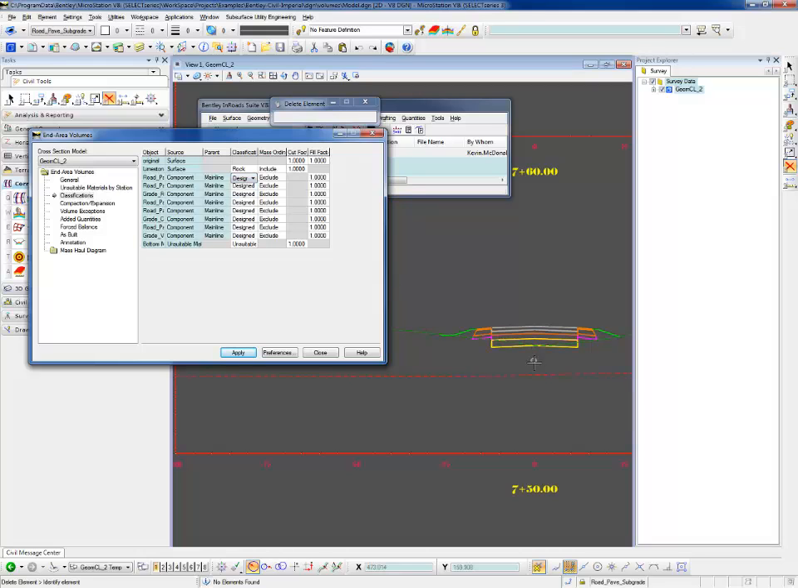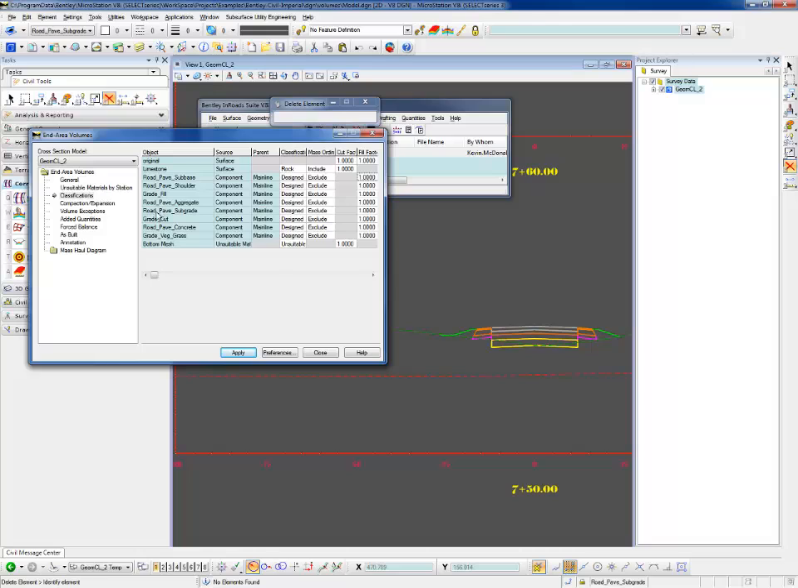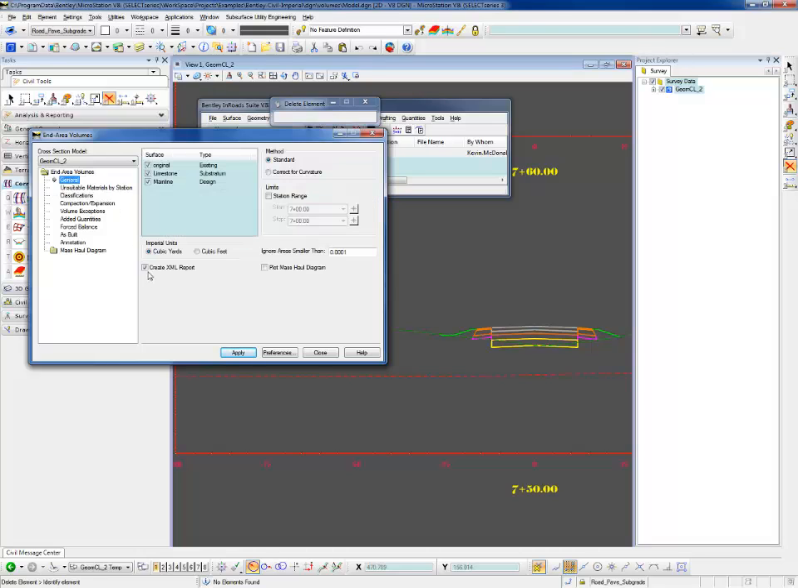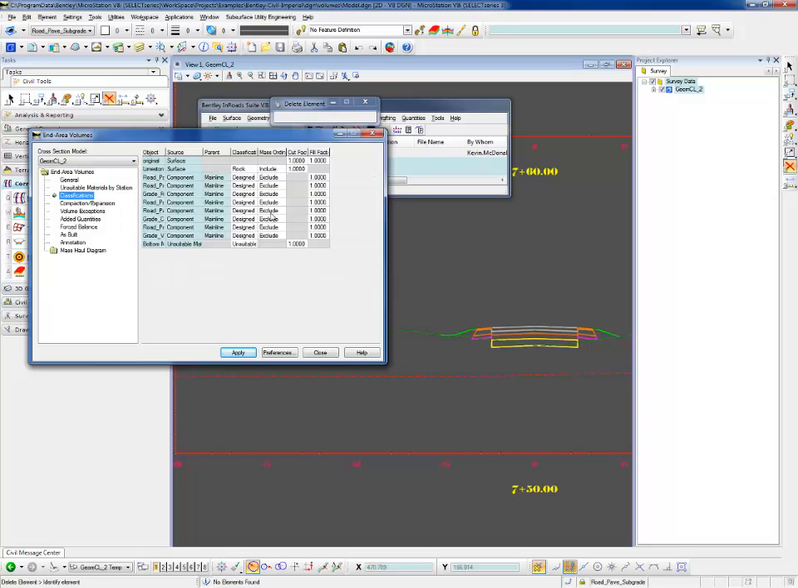To illustrate that, we're going to be looking down here at this bottom component, this subgrade component here in yellow. We're going to run it once with that set normally to designed. The name of the object there is road pave subgrade. That's the one we're going to be looking at. Let's make sure we have our XML report turned on, and we have that road pave subgrade set to designed. When we hit apply, we're going to look at station 750 here